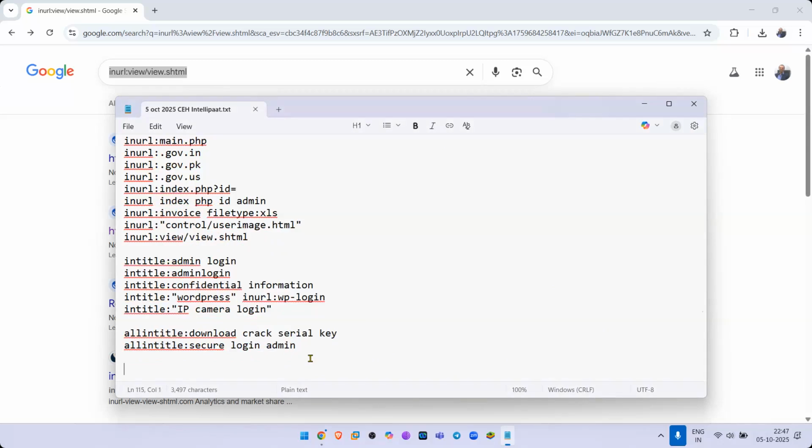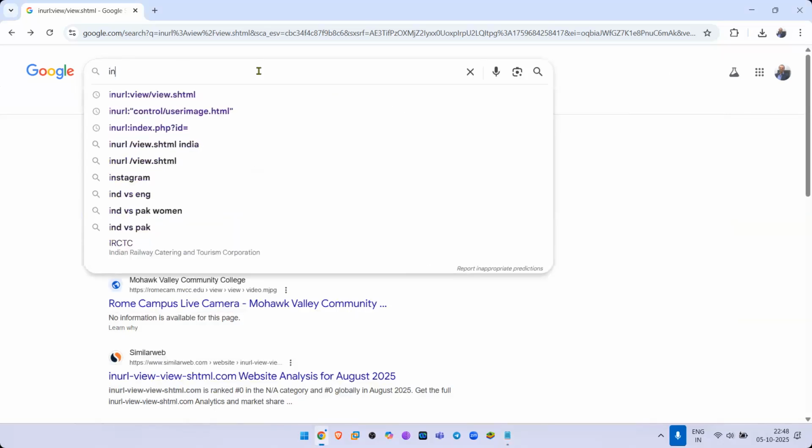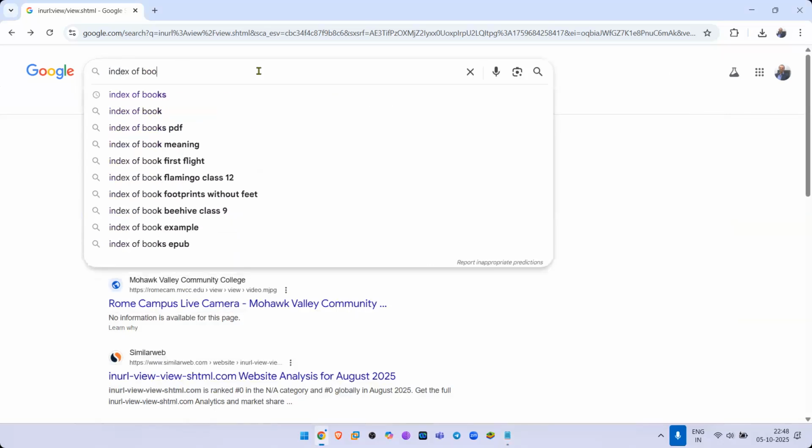All right. So one of my favorites is index of. Remember, Google is an index, and you can download a lot of stuff directly. Just coming to that exact thing, Niranjan, just wait for a few minutes. So index of anything. Let's go to Google and search for index of books.